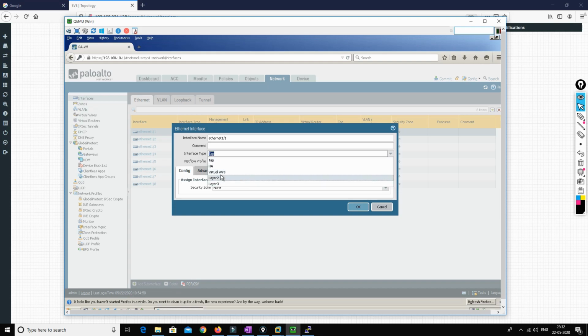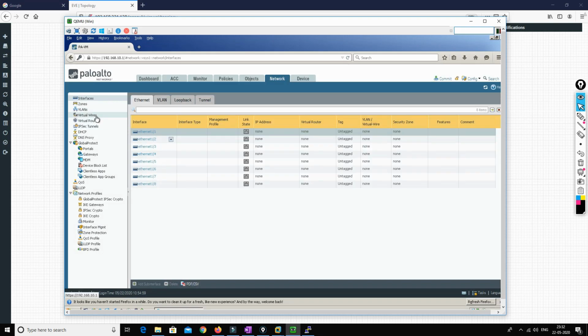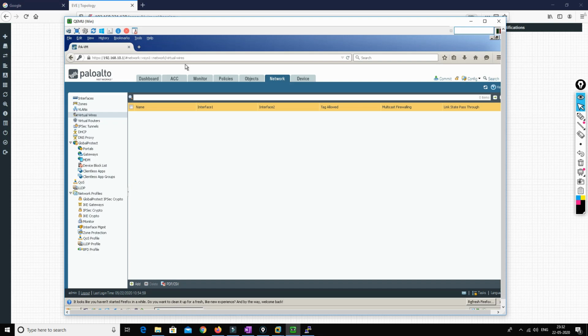Now this interface as virtual wire, there is not much configuration with respect to Palo Alto. It's just about the understanding, okay. So we have to create a virtual wire itself. Instead of creating the interface, before that we have to create the virtual wire and we have to map it, okay. So we'll go to the virtual wire,